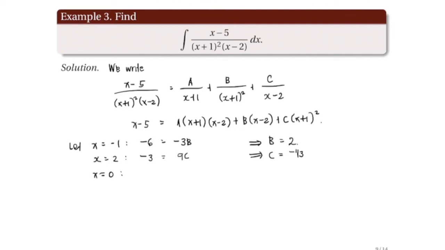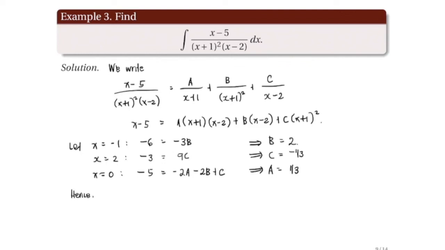So, meron tayo ditong left-hand side na negative 5, equal ngayon kay, when x is 0, meron kang a times 1 times negative 2, so that would be minus 2a, plus minus 2b, tapos meron kang plus c, which means here na meron na tayong value for a, equal now to 1/3. Pa-compute na lang for this case. So hence,